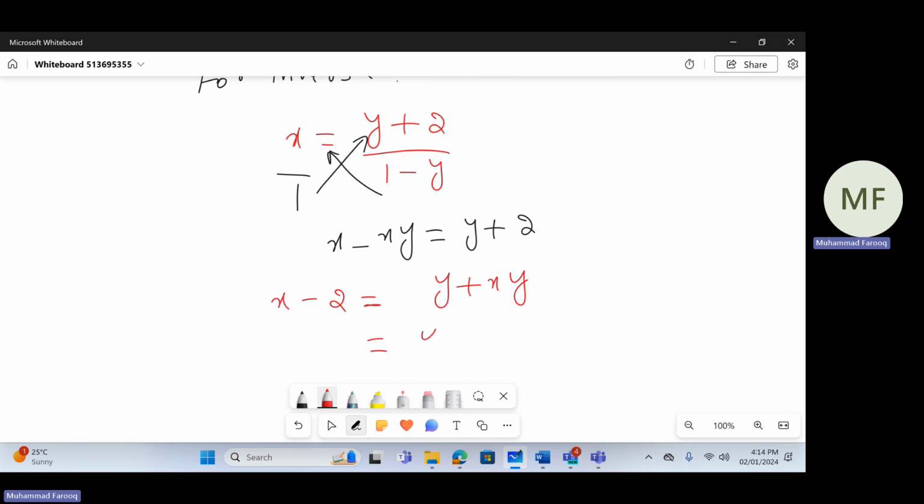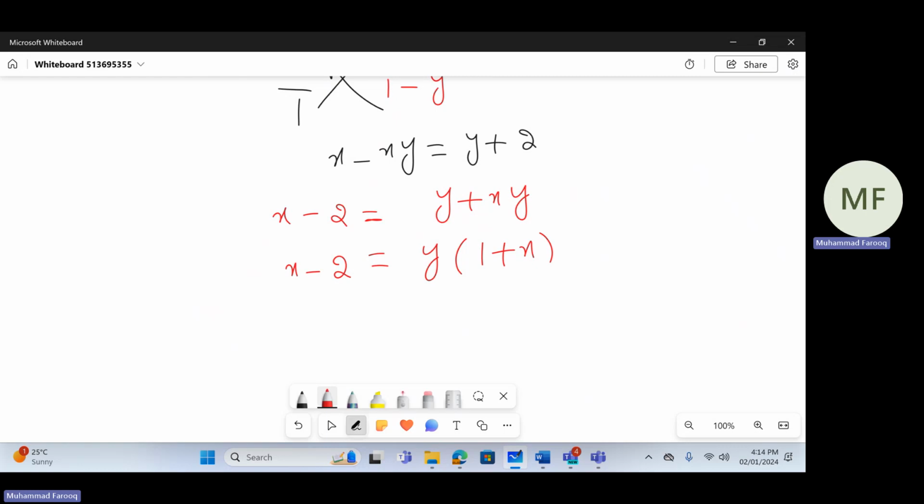So here I can take y as common factor. I get 1 plus x. And for the inverse purpose, I divide both sides by 1 plus x. So y is equal to x minus 2 divided by 1 plus x. Can I write 1 plus x as x plus 1? Yes. Any problem? No. This is my inverse. Do you understand or no? Yes. Simply what we did before, we just find the inverse. Okay? Now,